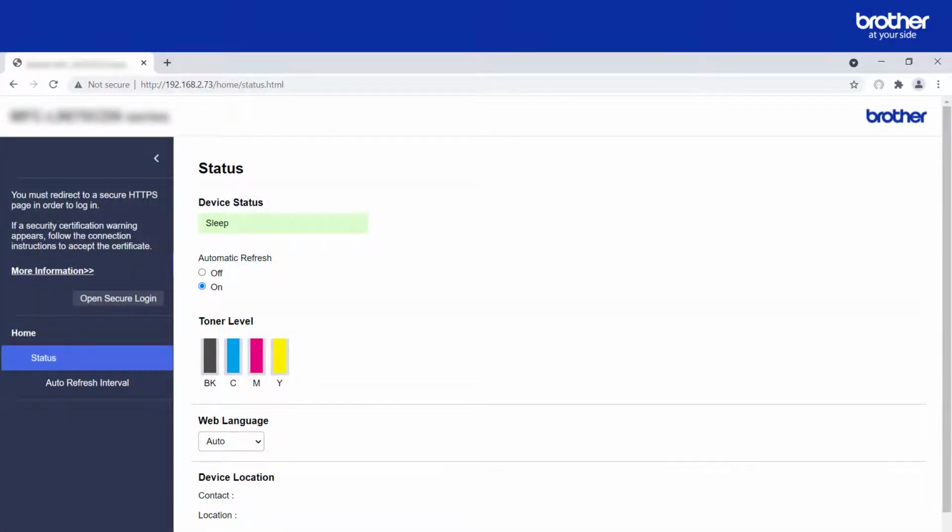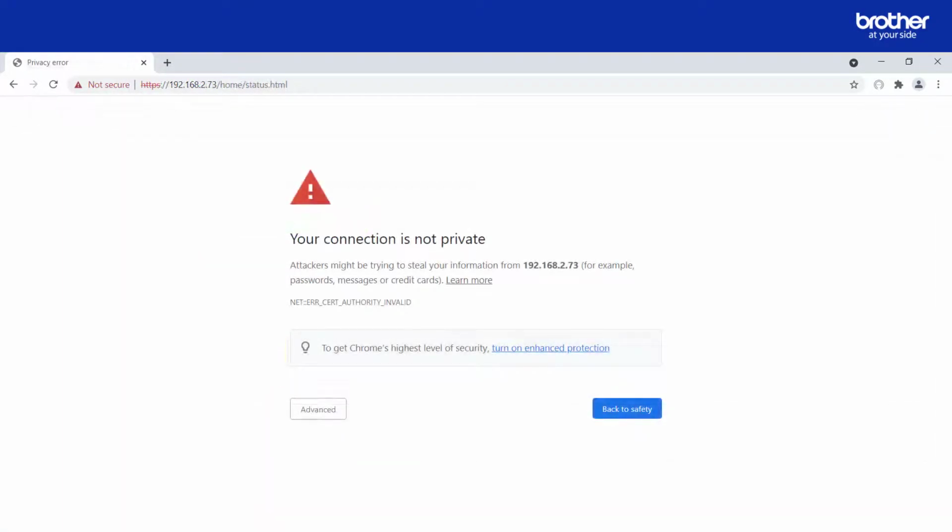Now we need to move to the Brother device's internal web server by opening a web browser and entering its IP address. If you see a button labelled Open Secure Login, please click it. This might send you to a security warning message.